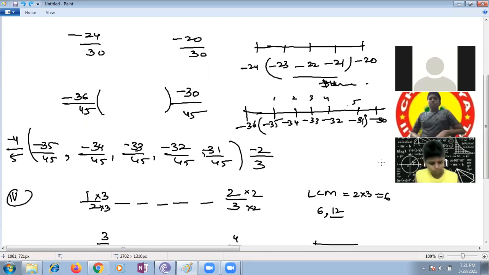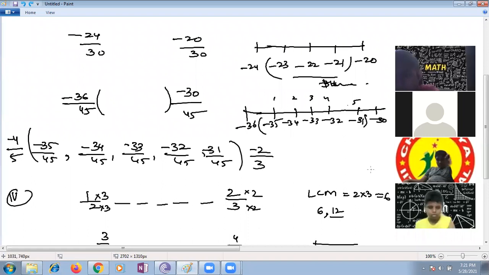So we should write them and take any 5 rational numbers between them, like minus 72, minus 71, minus 70, minus 69. At that time you are raising your fraction to a bigger number, so that you are getting many rational numbers in between. Very good. The same procedure, but we are checking like a trial and error method.